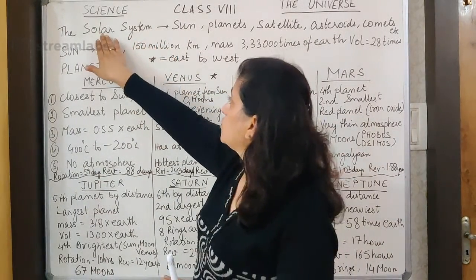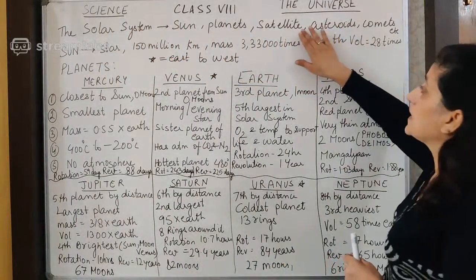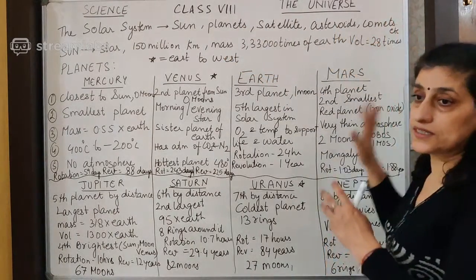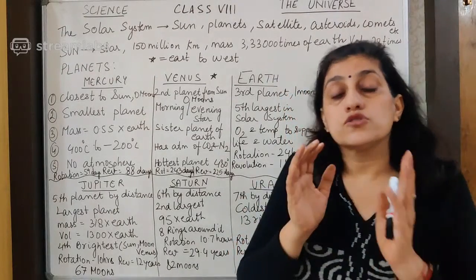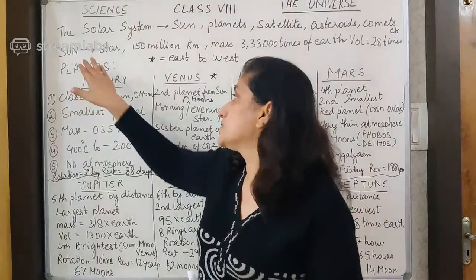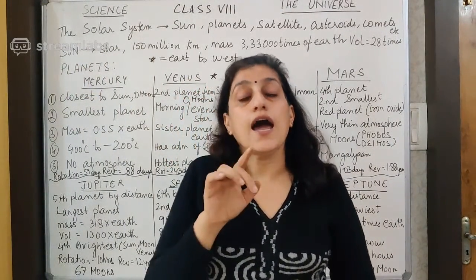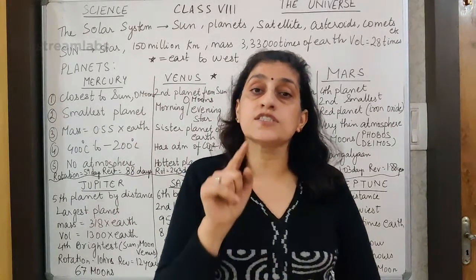So I already mentioned over here, the solar system consists of sun, planets, the satellites of these planets, then the asteroids, comets, etc. All make up the solar system. So now the sun occupies the central position in the solar system. You know that the sun is stationary in its position and all the planets revolve around the sun in a fixed